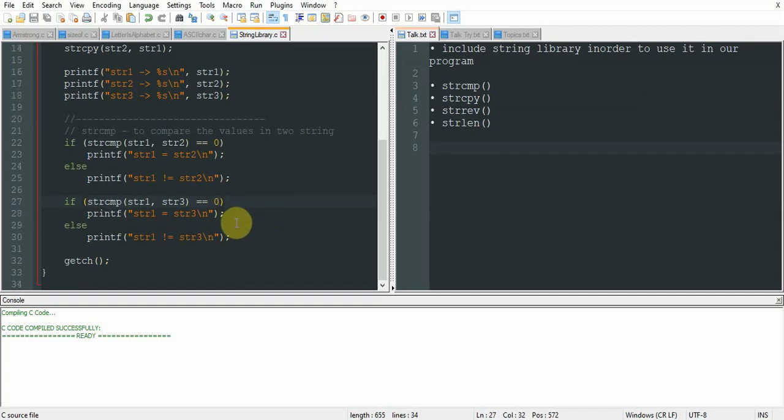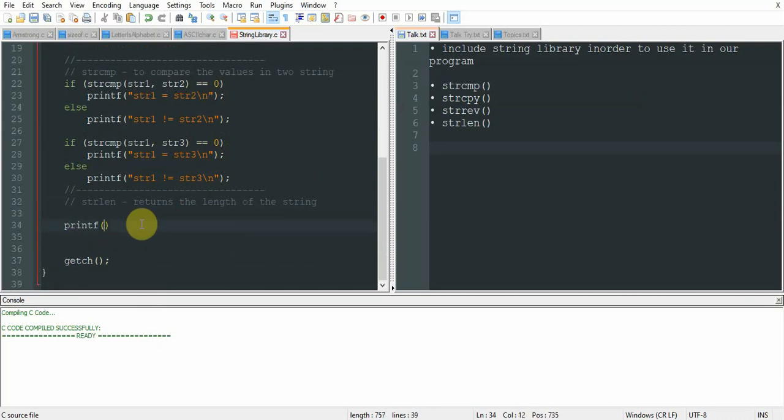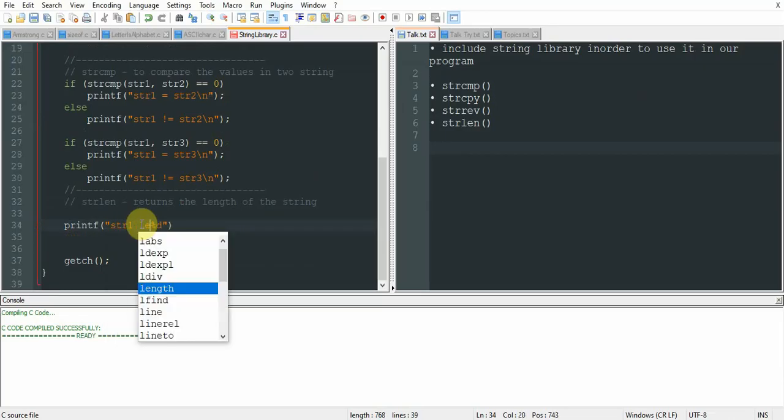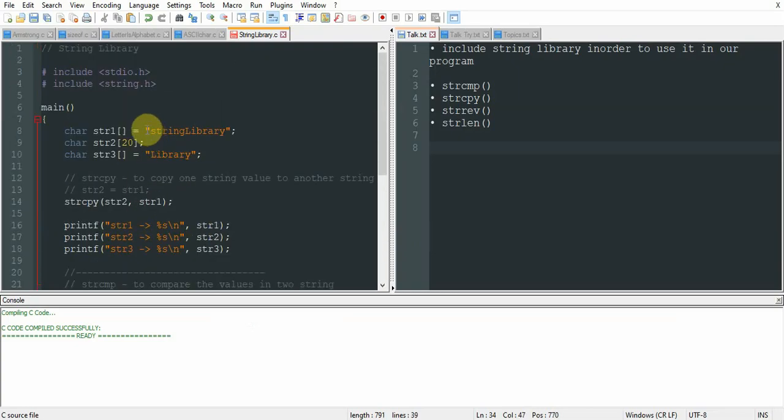Next, the strlen library function. The length of string1 is 13.